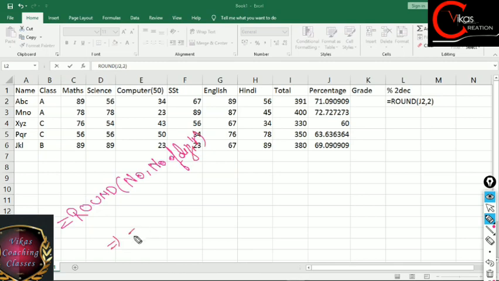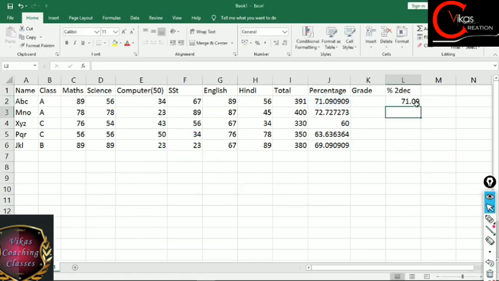तो मैंने यहाँ पे लिखा है इक्वल्स टू राउंड. नंबर हमारा J2 में था, तो मैंने यहाँ पे J2 लिखा और कॉमा लगा के मैंने यहाँ पे 2 लिखा है. इसका मतलब क्या हो गया कि जो भी J2 में नंबर है उसमें सिर्फ और सिर्फ 2 डिजिट्स ऑफ डेसिमल प्लेसेस को कंसीडर करना है, बाकी सबको स्किप कर दो भाई. चलो प्रेस करते हैं एंटर की और देखते हैं हमारा आउटपुट यहाँ पे क्या आ रहा है.